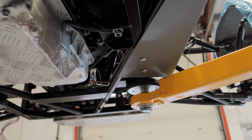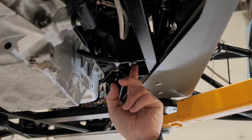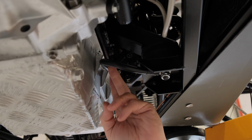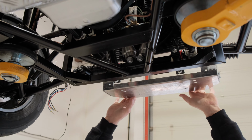here as well under that, and then here you can see quite clearly now how we've done the earth strap, bolting through the engine mount rubber and up to the block. It's about a 300mm cable, and then moving along, we'll come along and we'll secure the nose cone in this